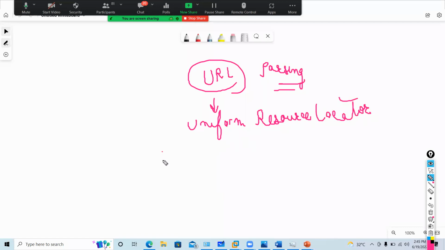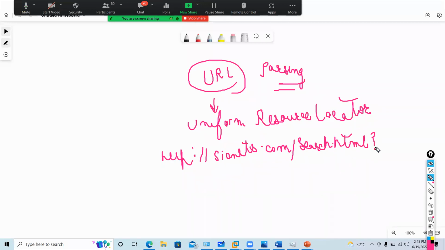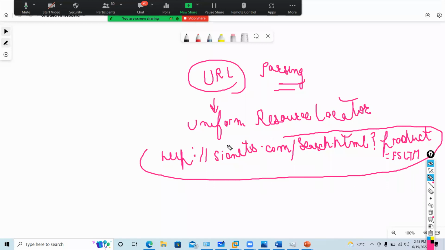When I talk about this URL, http://sianets.com, then I will enter search.html. Then I will say question mark product equal to F5 Ltm. So how will F5 detect this? This whole thing is called my URL.